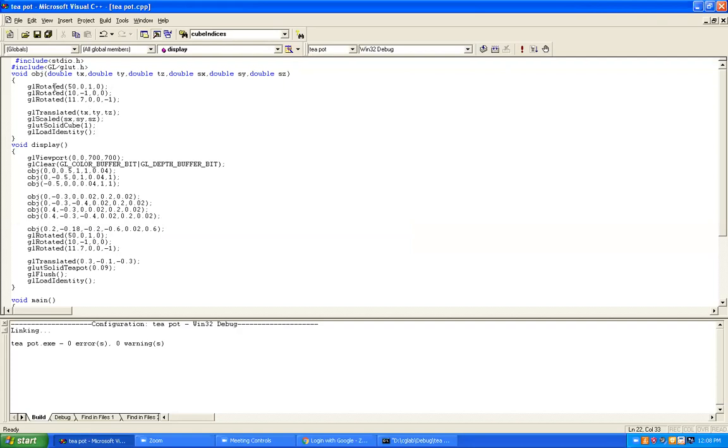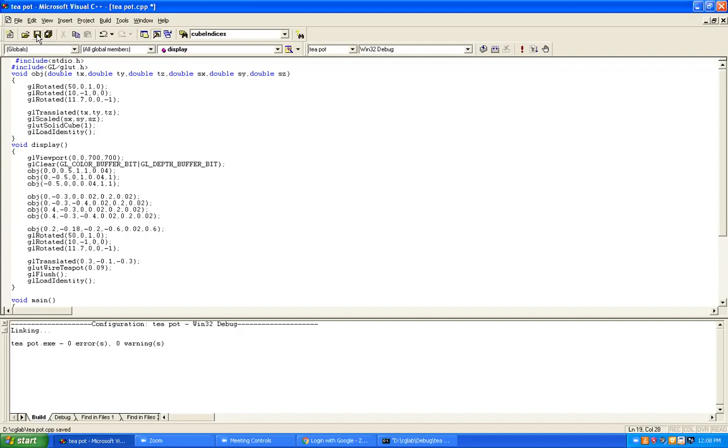Now finally, what happens is the values jump from the calling function to the called function. They are going to create the six objects, load the identity matrix, and call for the solid cube. Whenever it comes to GLUT solid teapot, I told you there are two kinds of teapot. One is solid and one more is wire.